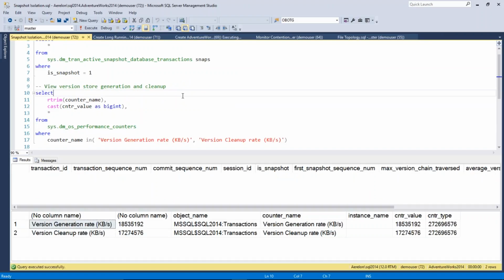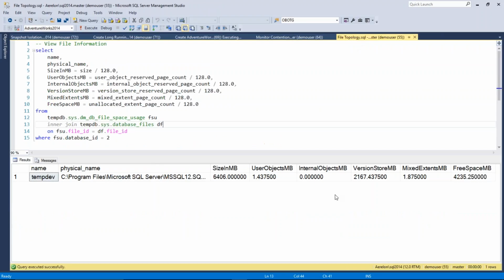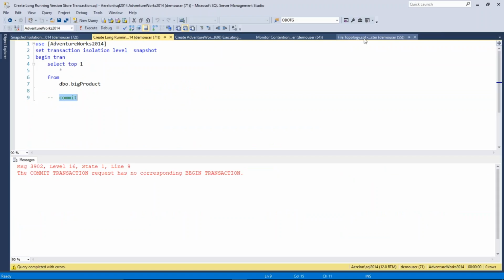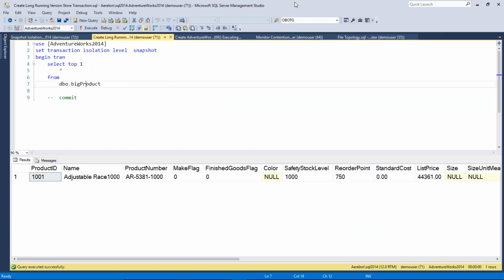I mean, there is going to be some overhead of the version store being used just because I have a version store transaction occurring, but the long-running read transaction was really causing the problem. So when you're monitoring for that